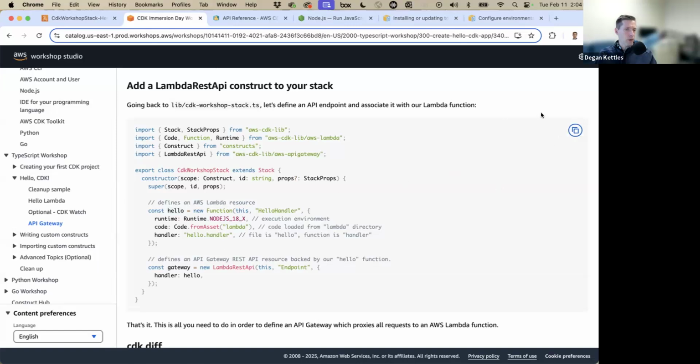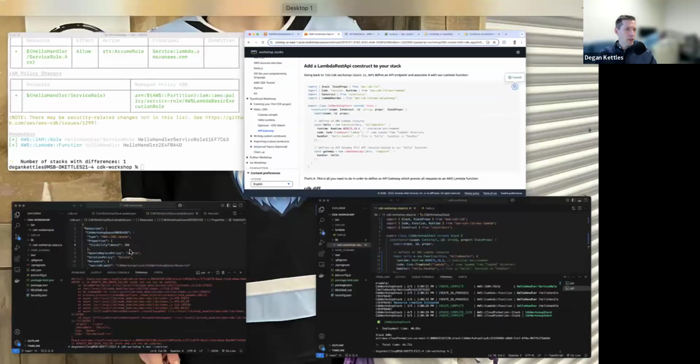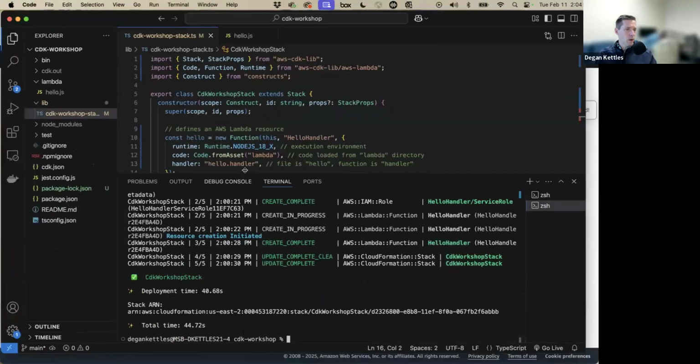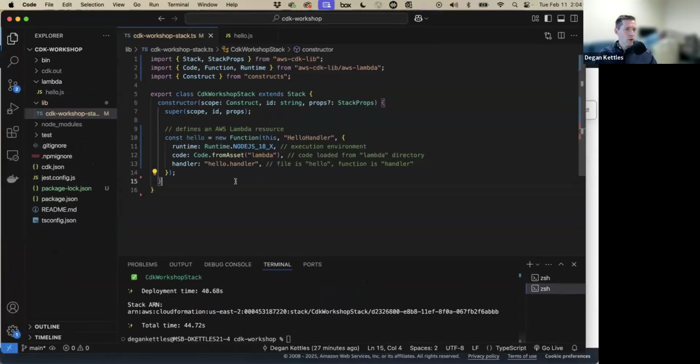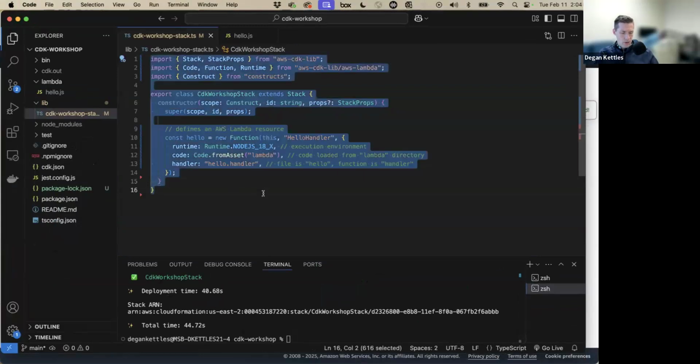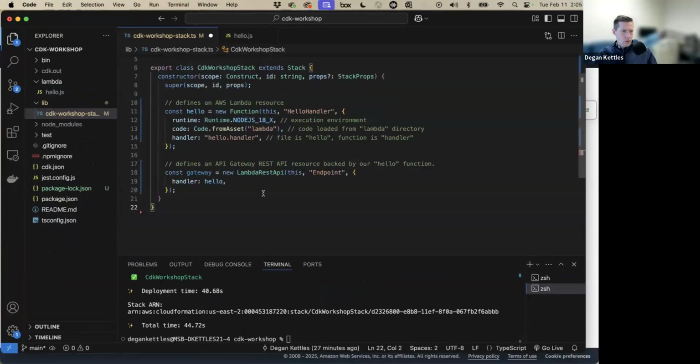So not much infrastructure wise. So we take that, we come over to our infrastructure code page, Control A, Control V, Control S,